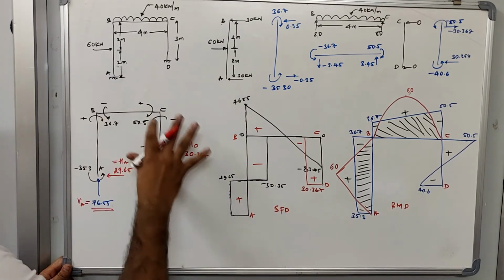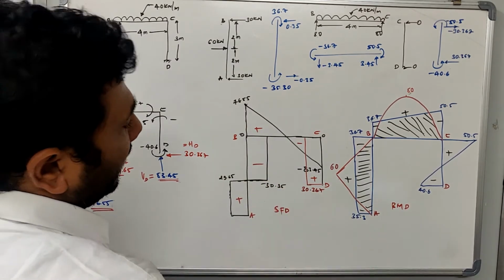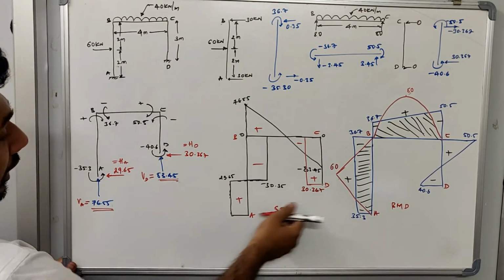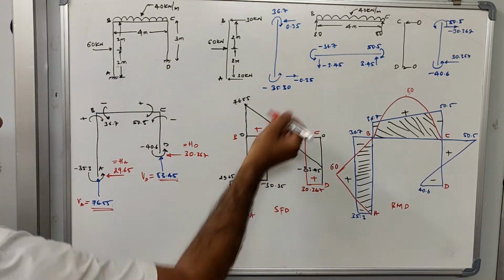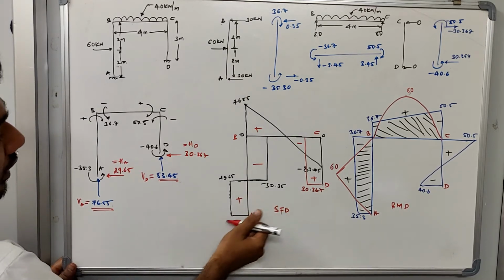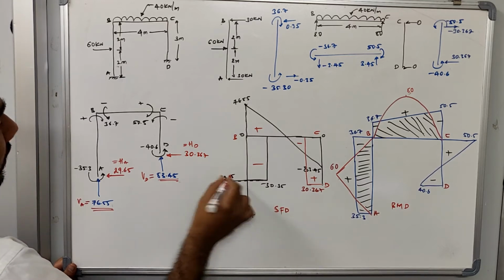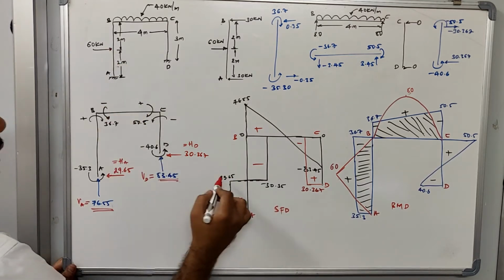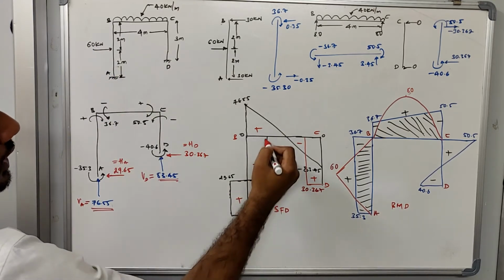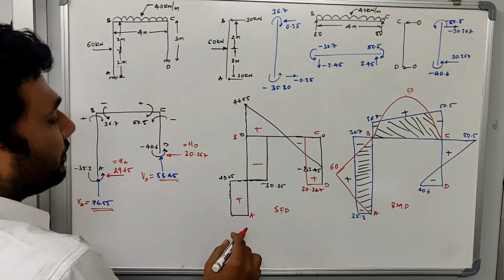Now from all these values that we have determined, we calculate the SFD and BMD diagram. As you know, we will start from end point A. At point A we see the horizontal reaction that we have calculated here, which is 29.65. So 29.65 from here to here it will go. Then 29.65 will continue till it reaches the concentrated load. 29.65 minus 60 will give you minus 30.35, and this will continue till this point, and then it will become 0.